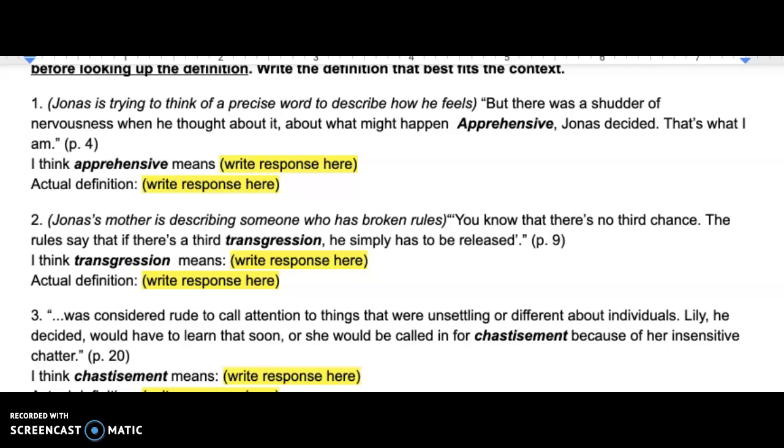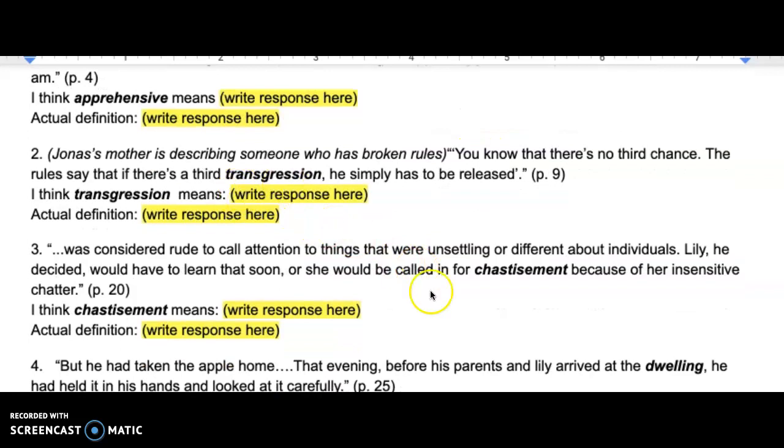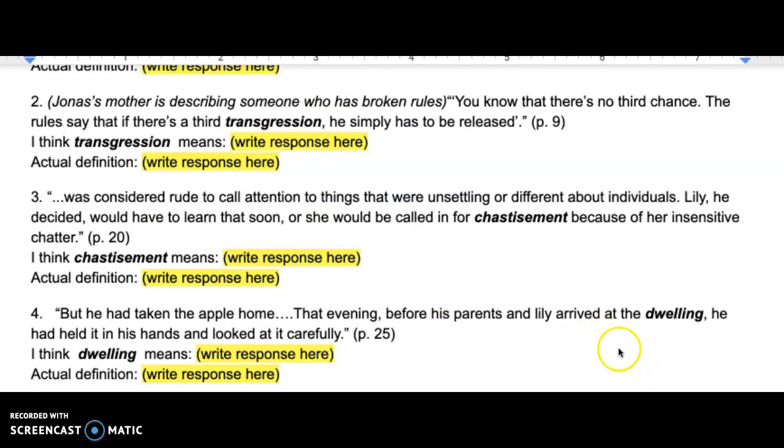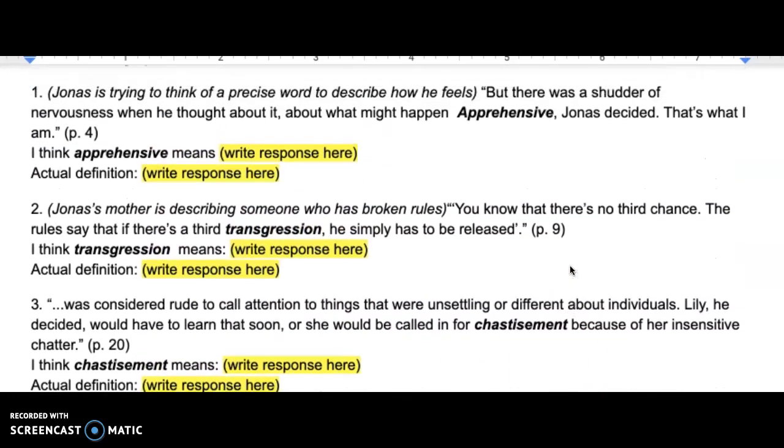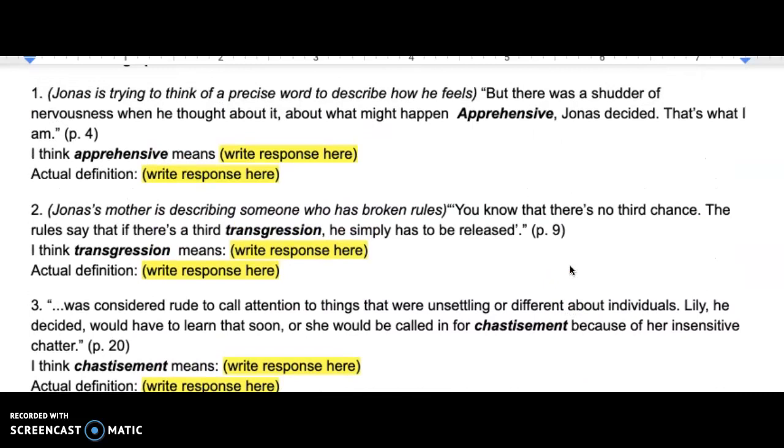The first one is apprehensive. It's in bold right here. Transgression is the second one, chastisement, and then dwelling. These are words that will come up repeatedly in the novel, and it will be very helpful if you understand what they mean. Okay, now, you'll see sometimes on these vocabulary sections that there's a part that is in parentheses